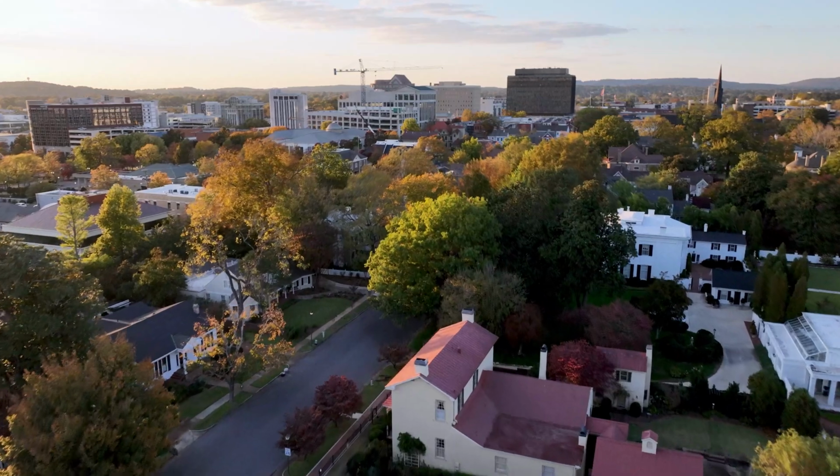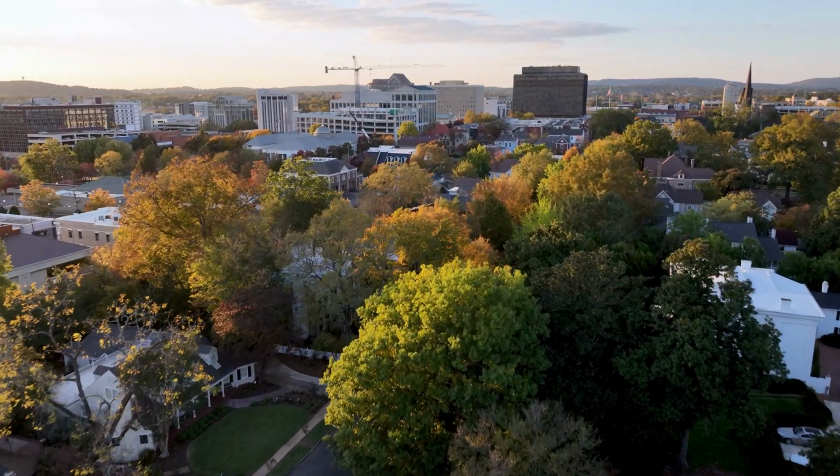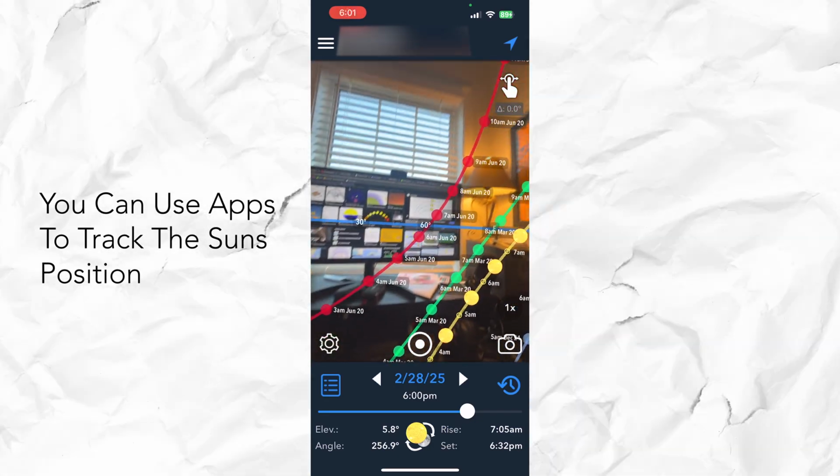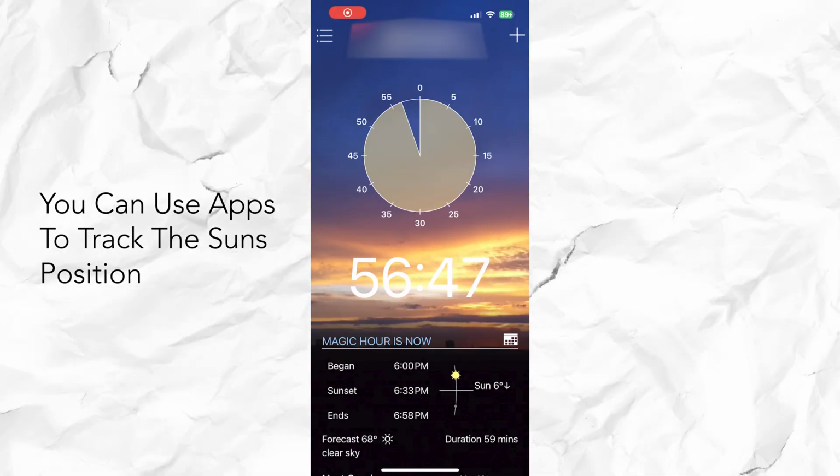Now, obviously we use natural lighting, but there are ways to use natural lighting strategically. Because you can shoot in natural lighting and it can look horrible. But what we did was to find right at the side of the building, we waited until the sun was lower in the sky purposely. When it comes to natural lighting, you have to keep in mind what time of day is the best to actually shoot. Usually, the best time to shoot in natural lighting is when the sun is lower in the sky,